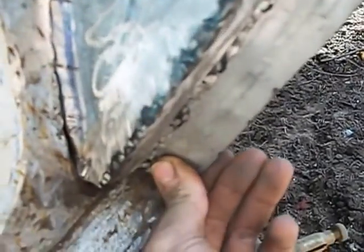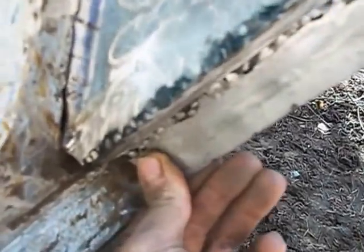There's the outer panel. Got a little bit of shaping to do yet, and trimming, so I can get her welded in. Clean up my welds a little, and